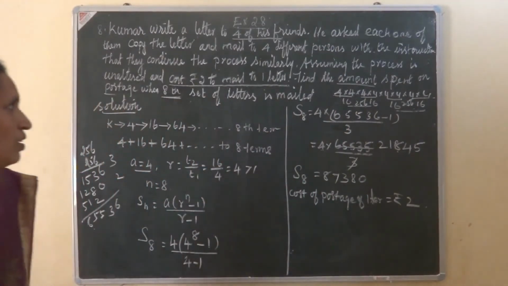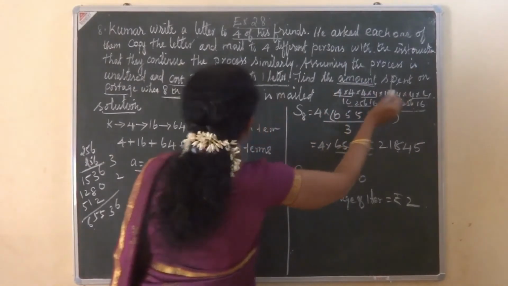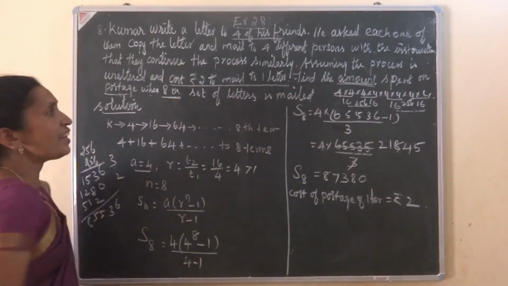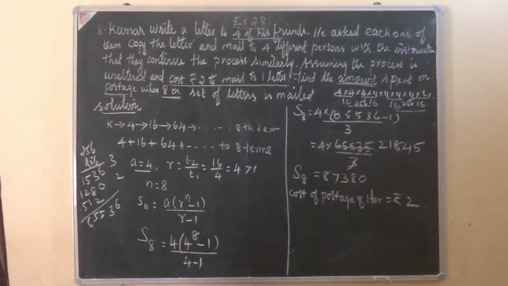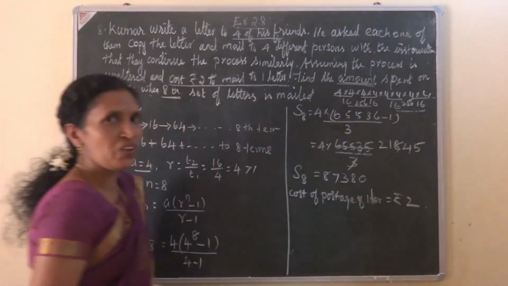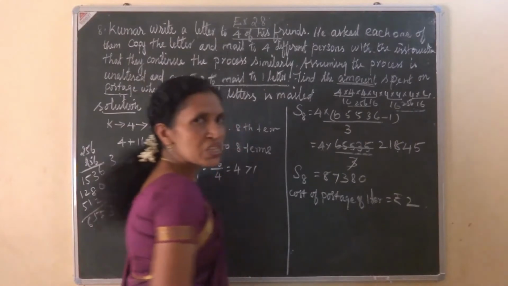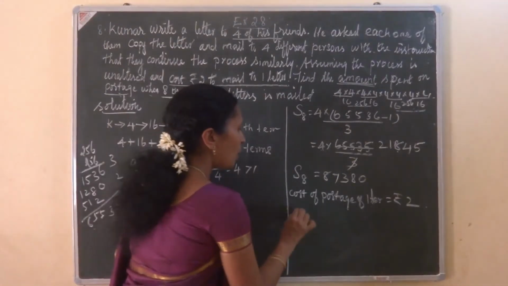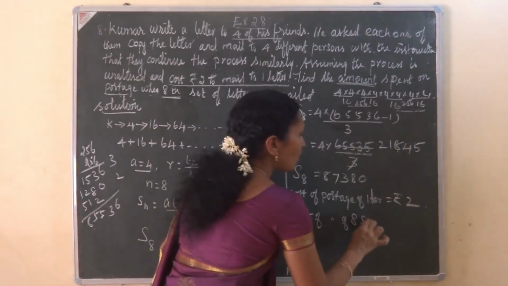That is given. What they asked? Find the amount spent on postage with the 8th set of letters. So it is enough to find the cost of postage of the 8th set of letters. Cost of postage of 1 letter is rupees 2. Therefore, cost of postage of the 8th set of letters is